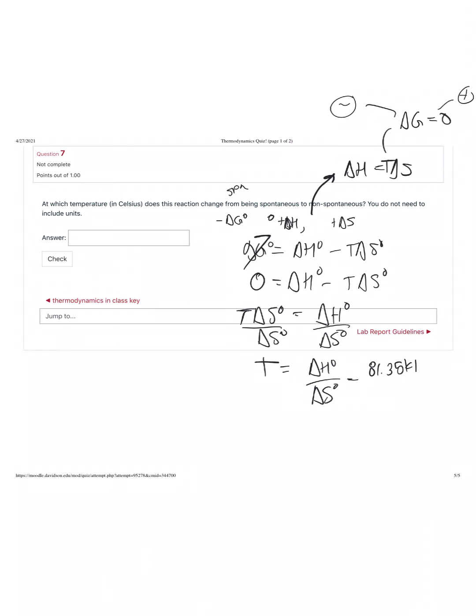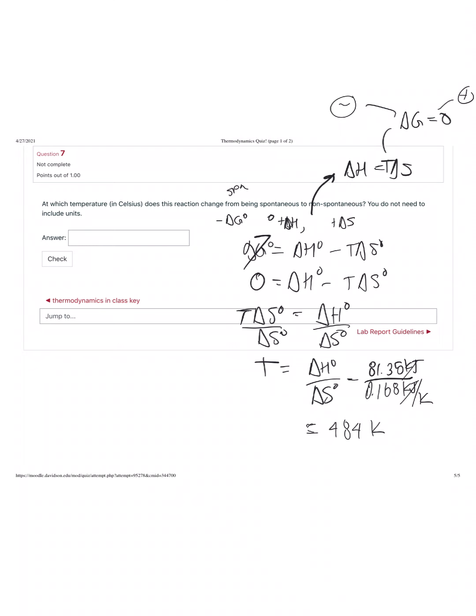81.35 kilojoules over, rats, what is delta S? Aha, 0.168 kilojoules per Kelvin. Our kilojoules cancel, and then we have 1 over Kelvin for our units, and we get 484. We get 484 Kelvin. Now, you may be looking at me and thinking,